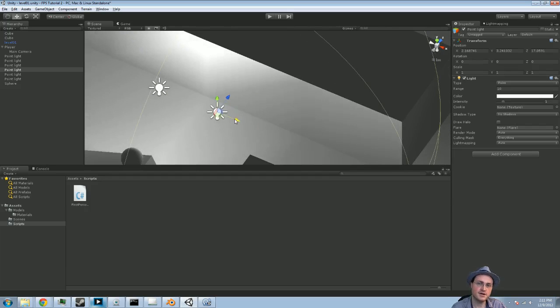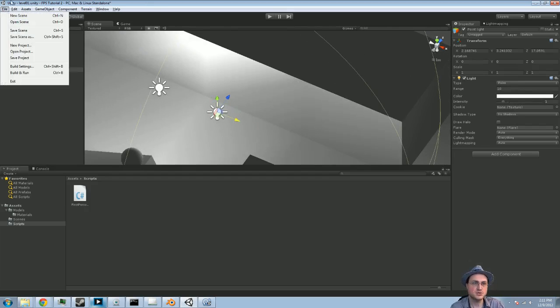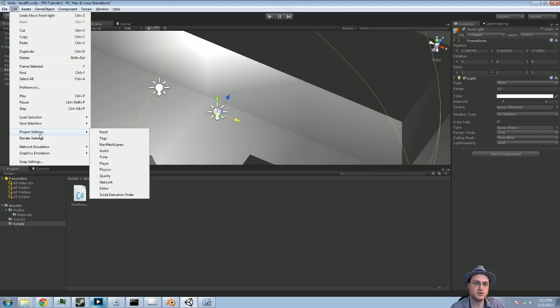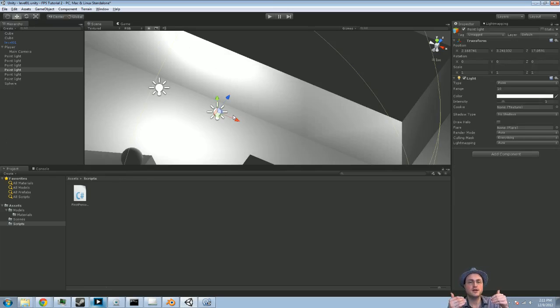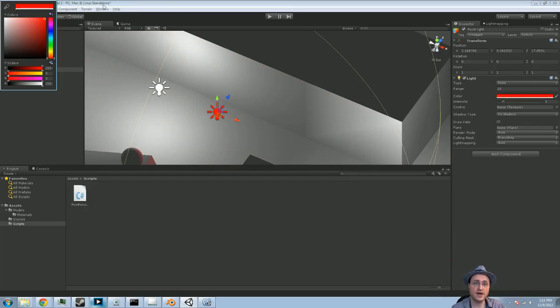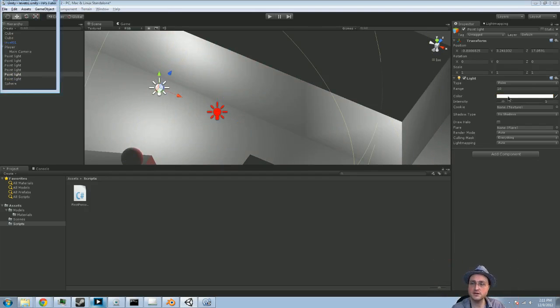And basically, vertex lighting is lighting just the corners and then extrapolating from that. Whereas in pixel lighting, if I bring that back up, it's doing a much more complicated pass to get a better looking light. But it's got to do a full render for each light that's affecting it. So if you've got one light affecting the object, it's doing a more complicated render already. But if you've got a second light, for example, you've got one that's red and one that's green,